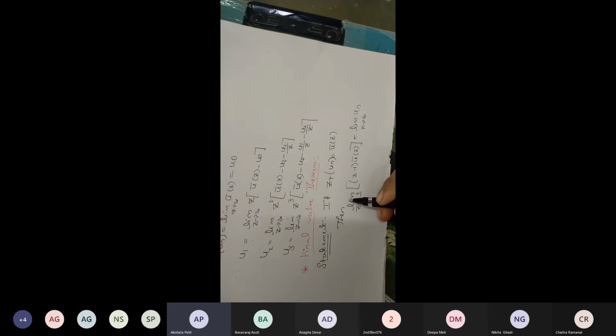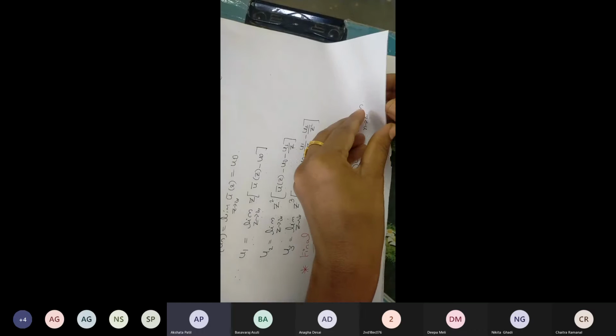Okay, so here we have to use this statement only for solving the examples. No need to derive this final value theorem also. So the statement says, if the z transform of un is equal to u bar of z, then limit z tends to 1 of z minus 1 into u bar of z is equal to limit of un as n tends to infinity. Okay, now let us solve the examples. Examples are the most important from the exam point of view.